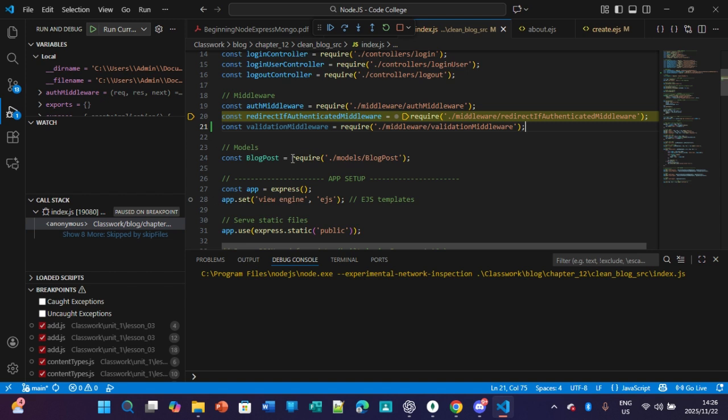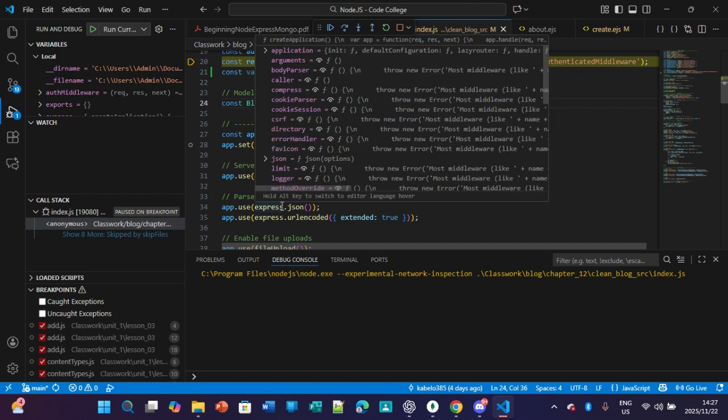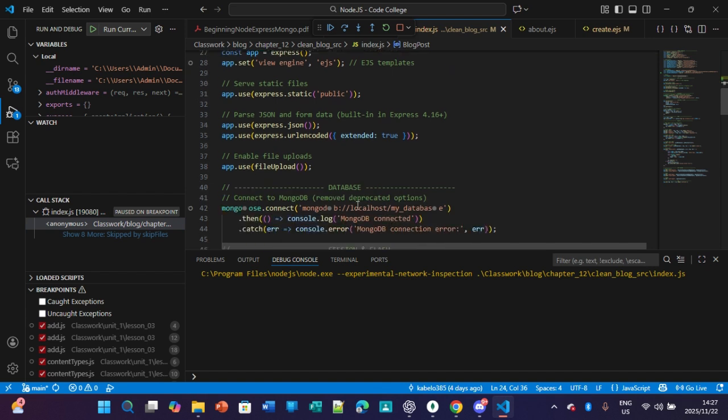Const blogPost = require('./models/BlogPost'). Const app = express(). app.set('view engine', 'ejs') for EJS templates, and then serve static files with app.use(express.static('public')). Then parse JSON and form data, built into Express 4.16 plus: app.use(express.json()), and then app.use(express.urlencoded({ extended: true })), and then enable file uploads, app.use